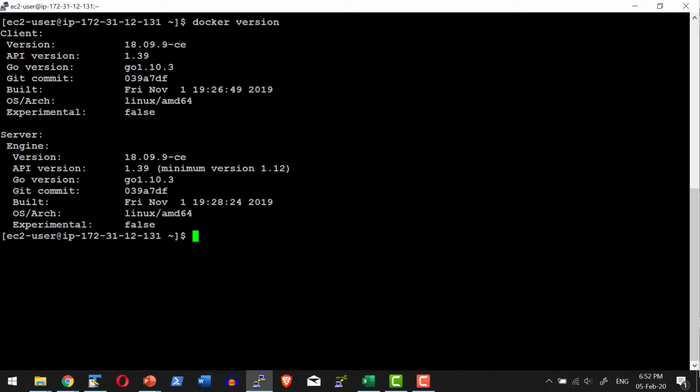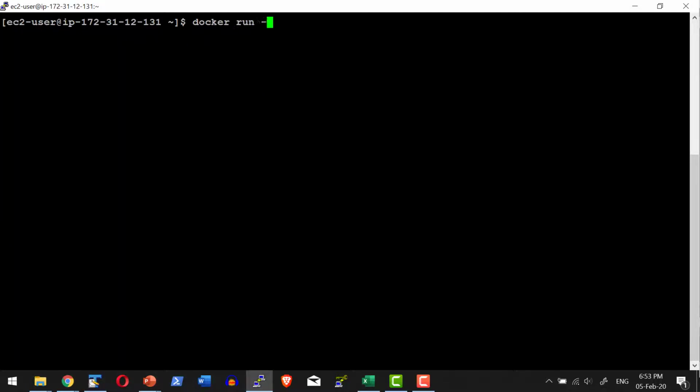Now to make sure Docker is installed successfully, I am going to run a container, and don't worry about the terminology that I am going to use. Use the command as it is, and we will be discussing each and every part of the command that we are going to execute now. So don't worry about the syntax as well as the terminology. This is just to test the Docker installation is successful.